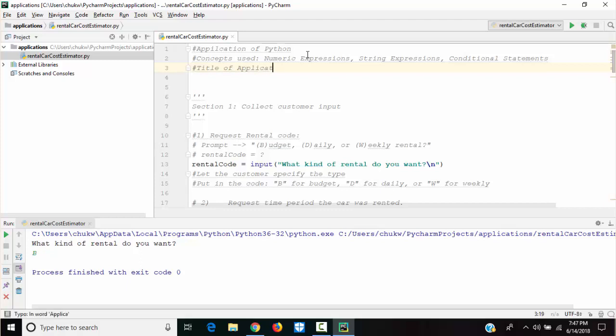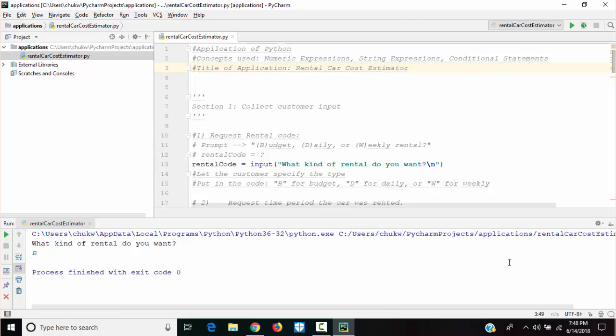Title of application is the rental car cost estimator.